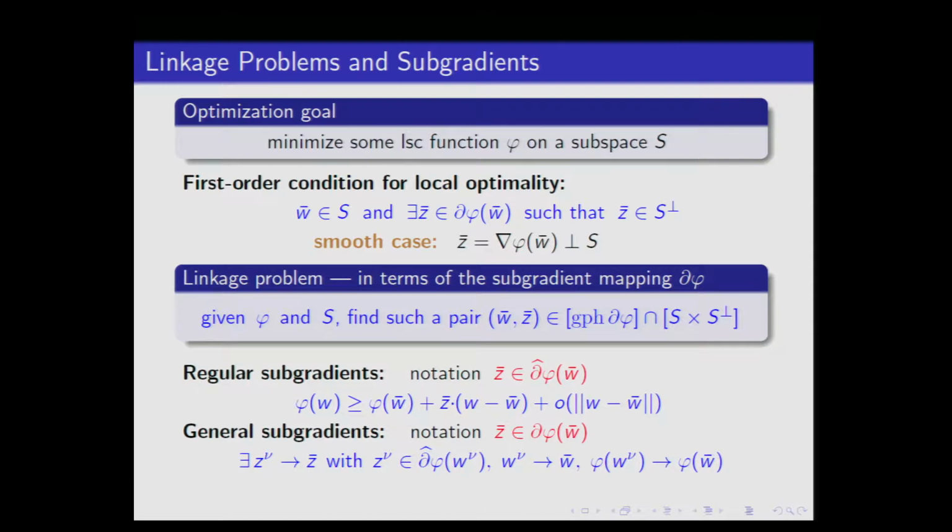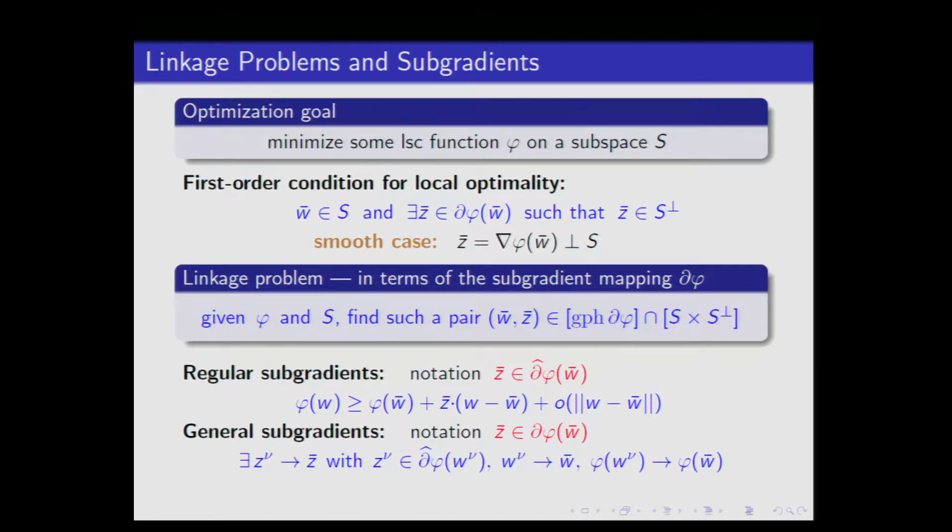This is an obvious condition, but you can especially see it if you suppose that the function phi is really a smooth function. So we're minimizing some differentiable function over the subspace. Then the optimality condition should be that the gradient is orthogonal to the subspace. This is the obvious condition, and that's a subgradient version of it. And then looking at that local condition, it's like a first order condition. Is it necessary, sufficient? I don't care at the moment. Think of it like a Kuhn-Tucker condition. I would like to solve a first order condition. Suppose I had that limited point of view in this situation.